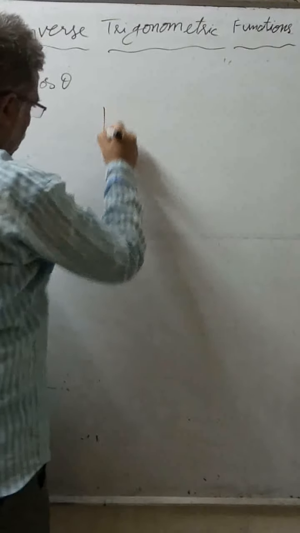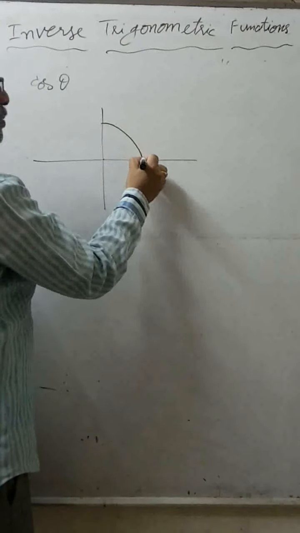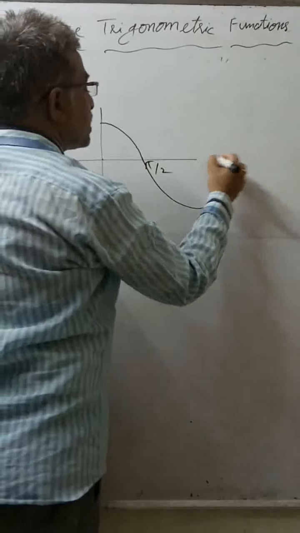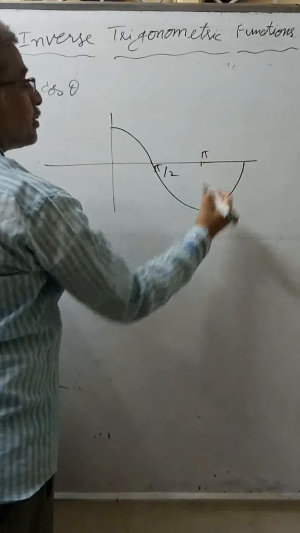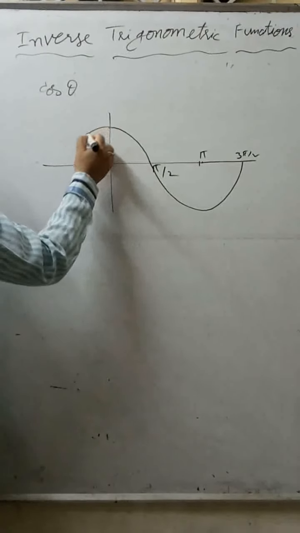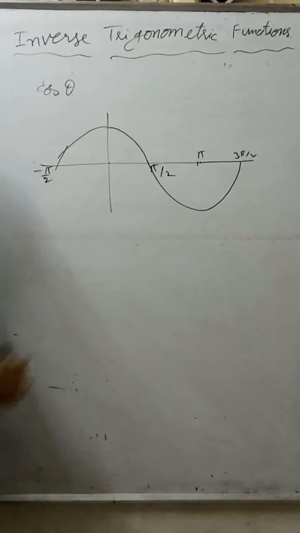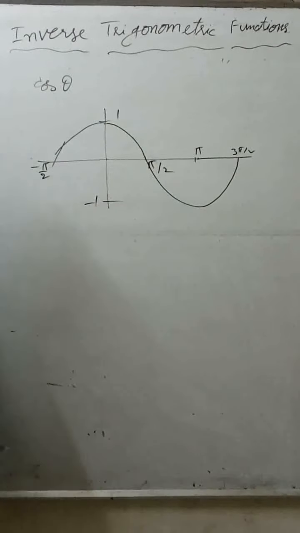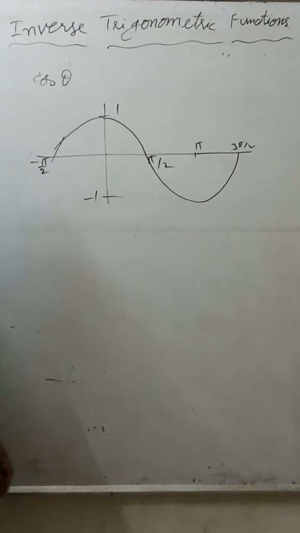Yes. Now coming to cos theta. We know the graph of cos theta. Cos 0 is 1, cos pi by 2 is 0, so the graph of cos theta will be like this. Cos pi is minus 1. Like this you will get cos 3 pi by 2 again 0. Like this you will get the cos curve on the negative side as well, since cos of minus theta equals cos theta. If you observe, it goes between minus 1 and plus 1. So the range of cos theta is minus 1 to plus 1, but this is many to 1, not 1-1.